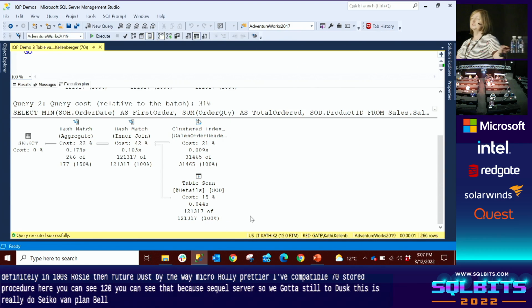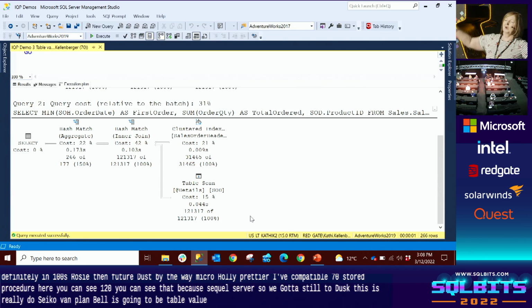Again, this value is going to be cached. So if your table variable is always getting populated with approximately the same number of rows, this is fantastic. This is really good. If sometimes it's 10, sometimes it's 1,000,000,